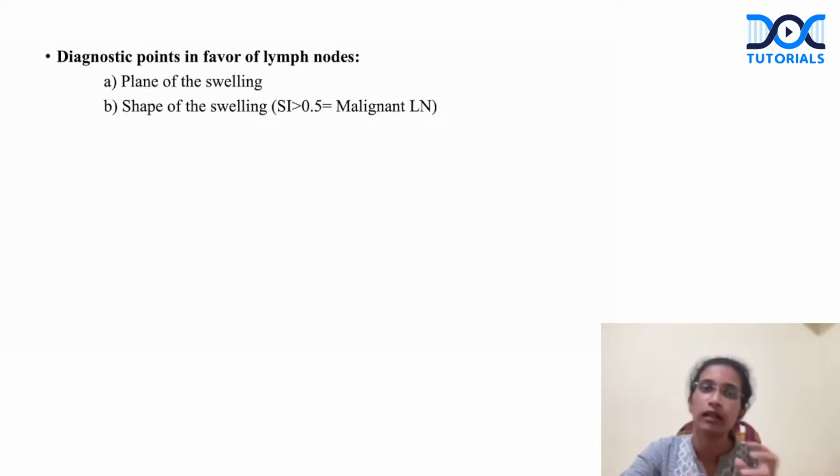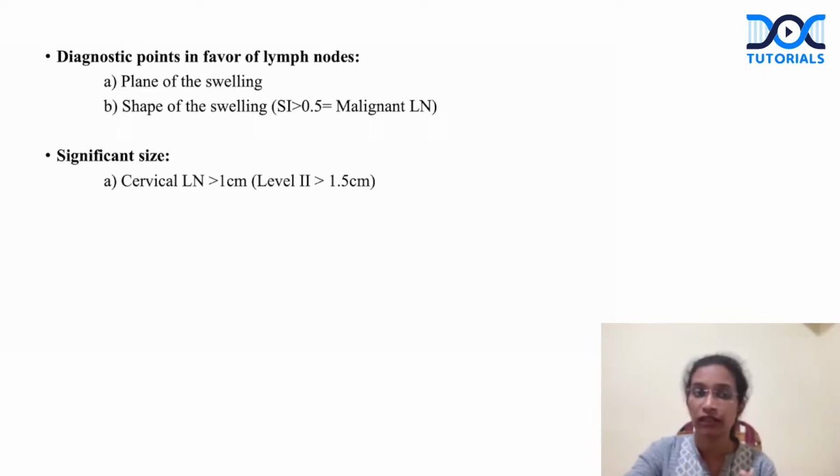When it becomes malignant, it becomes round in shape with shape index more than 0.5. And what is the significance of this? As I already mentioned in the first slide, not all enlarged lymph nodes are significant. It becomes significant according to the region. So in the cervical region, it becomes clinically significant if it is more than 1 centimeter, and especially for the